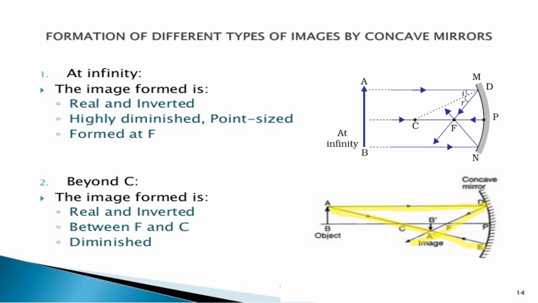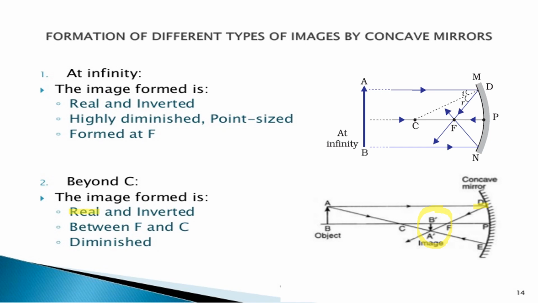It will superimpose that incident ray. So that is why the incident ray also is coming back in the same manner, that is through the center of curvature. Now both these reflected rays are going to meet at one particular point, that is nothing but this point A dash. So from A dash to B dash we'll draw one arrow mark showing the position of the image. So here in this case, if you observe, the image is formed by actual intersection. So it is a real image.